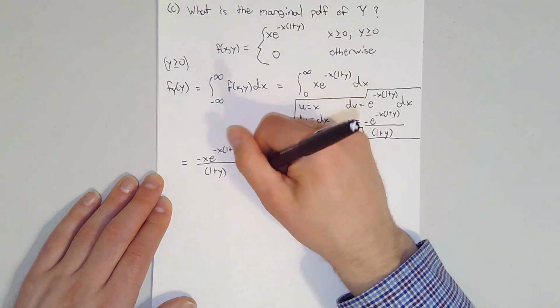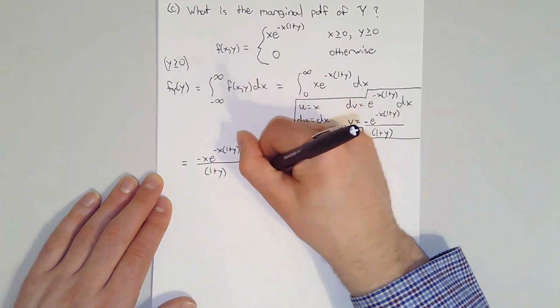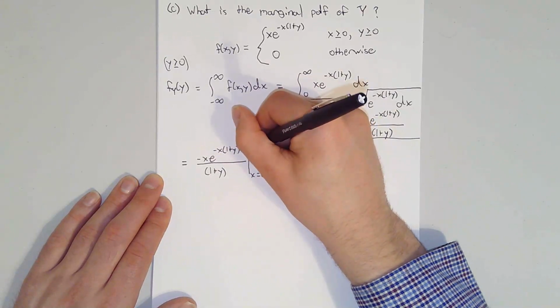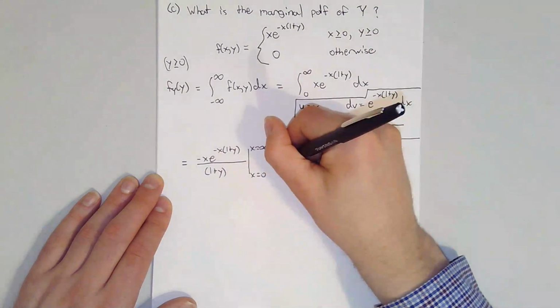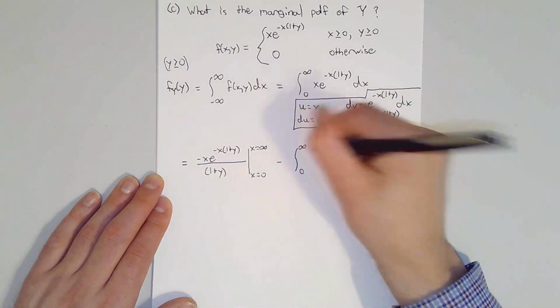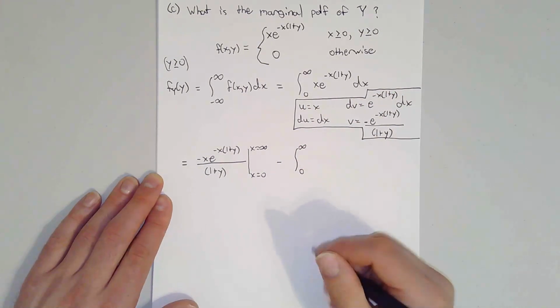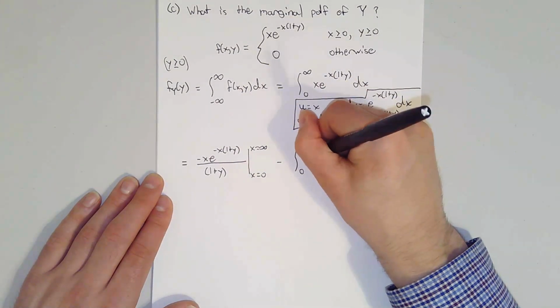So this is where x is equal to 0 to x is equal to infinity. Subtract the integral from 0 to infinity of v du, which is then